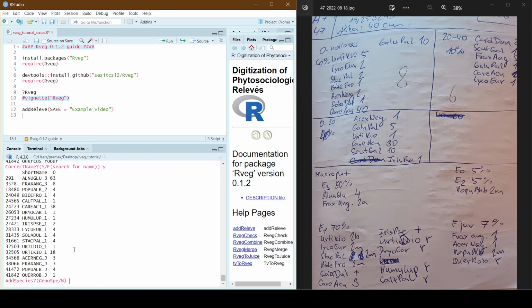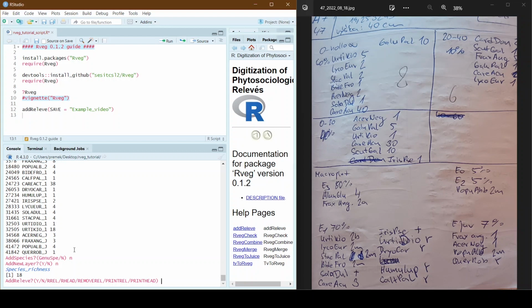Okay, so now I'm saying no more species, and I don't have any other species in another layer. So I'm saying no, and it tells me the final species richness, which is 18.